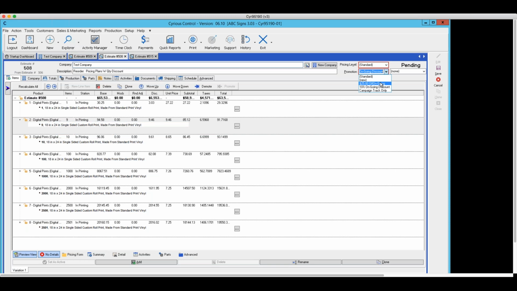And that's going to appear as a line item in the estimate itself. So the pricing level and the promotion all apply across the board to every line item with that one exception